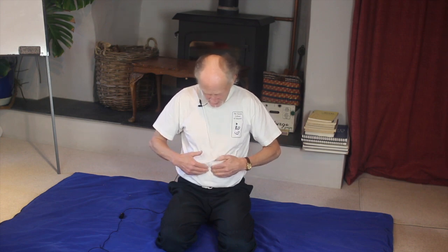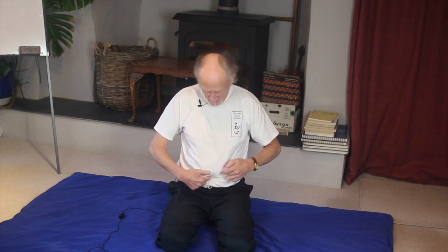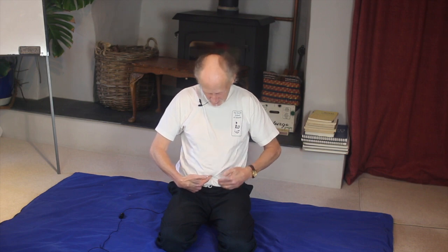And then, so there's that big circle, and then find your navel. Then we're going to do a small circle around the navel so that we work the small intestine. 3 centimeters above the navel, 3 centimeters to the left, 3 centimeters below, and 3 centimeters to the right. So this is a good overall abdominal massage. Of course, if you feel that there's a problem or you're in an area, you can spend longer on a